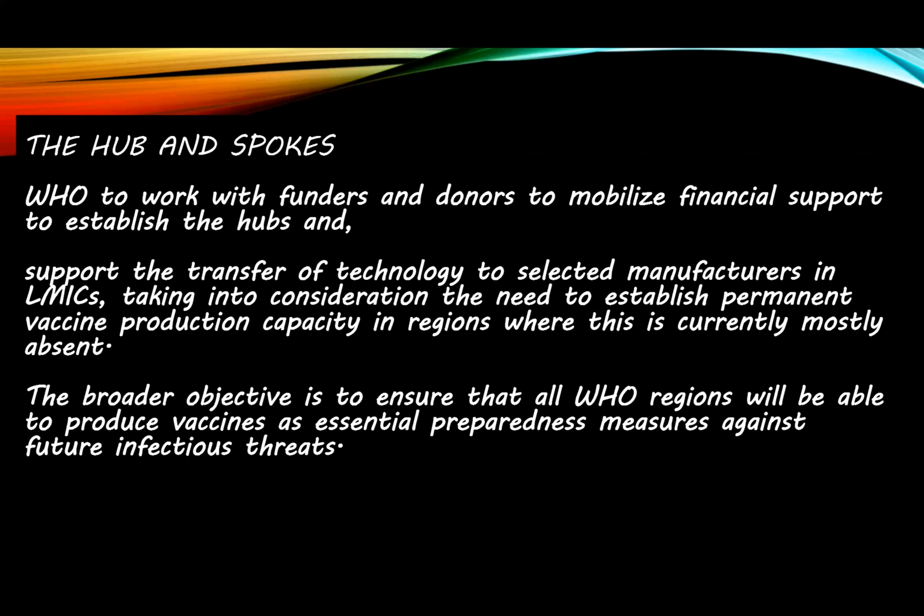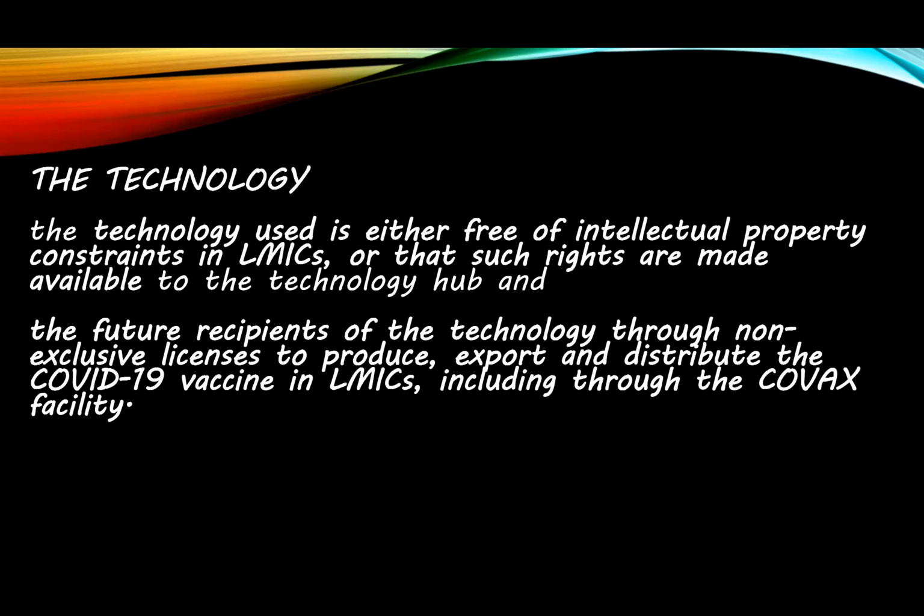So improved vaccines, existing vaccines, for example, we're still making the yellow fever vaccine in eggs. Can we use the new messenger RNA? These are issues that, hopefully, these groups will be looking at. So the project objective is to ensure that in all the WHO regions, they'll be able to produce vaccines as preparedness for current and future epidemic threats.